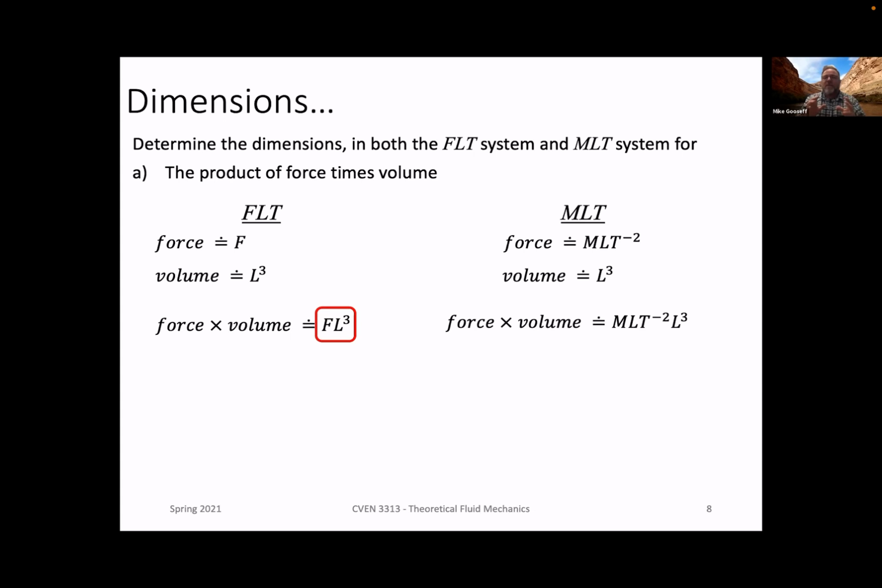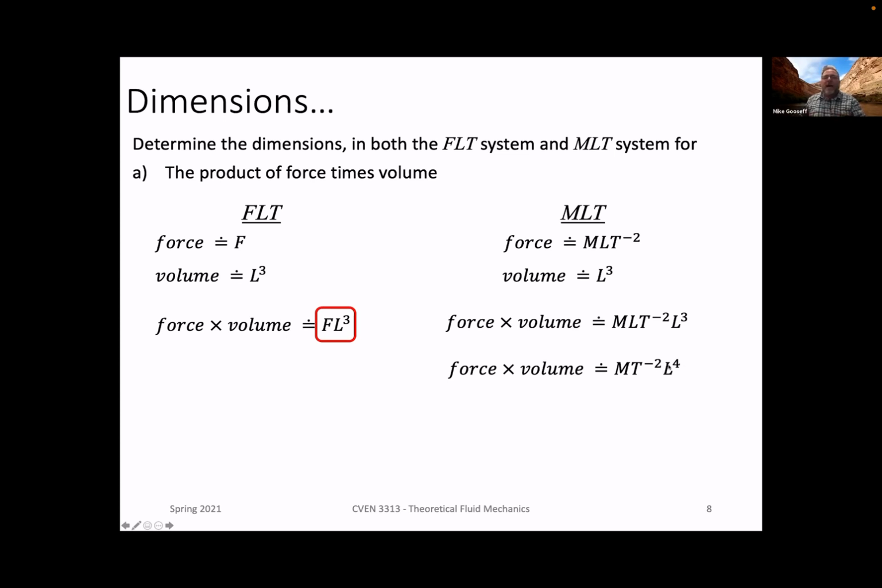We can obviously simplify that, right? I probably should have put parentheses around the MLT to the -2 and then another grouping of parentheses around the L cubed, just to note that this was the force times the volume. But if we boil these down together, we simplify to basically what looks like this. The L